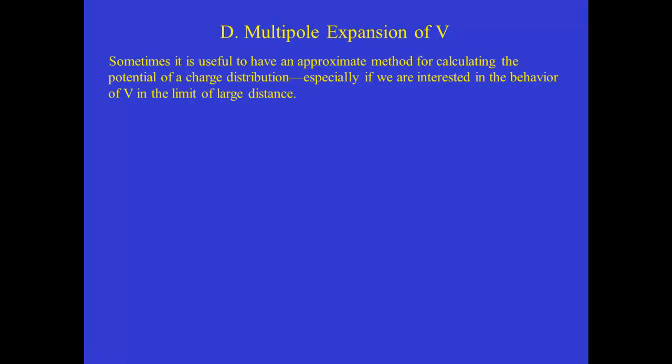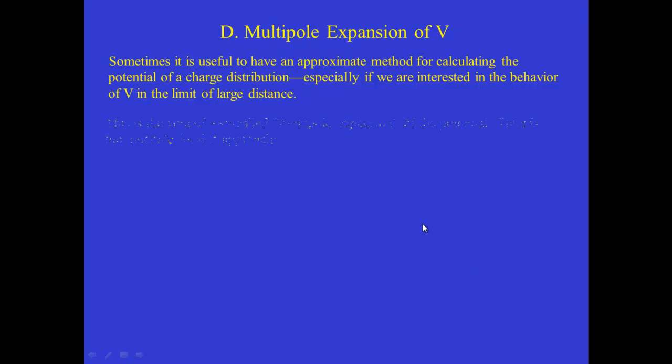This last topic in Chapter 3 is a really interesting one because, unlike the other methods that we've talked about in this chapter, this is inherently an approximation method. And sometimes it's useful to have an approximate method for calculating the potential of a charge distribution, especially in cases where we're really interested in the behavior that it has in the limit of large distance away. Or if it's just a really complicated charge distribution and it's not easy to calculate the exact expression for the